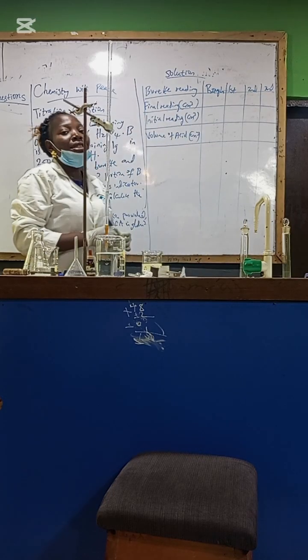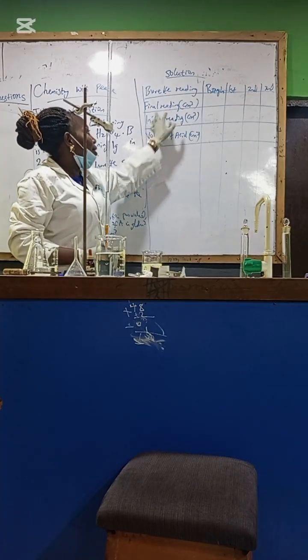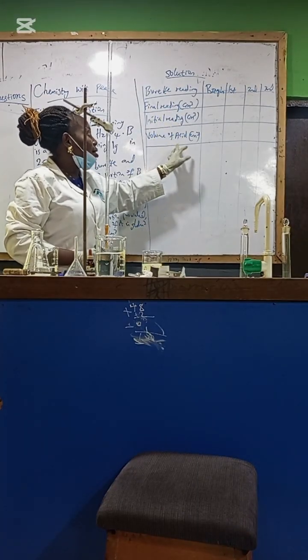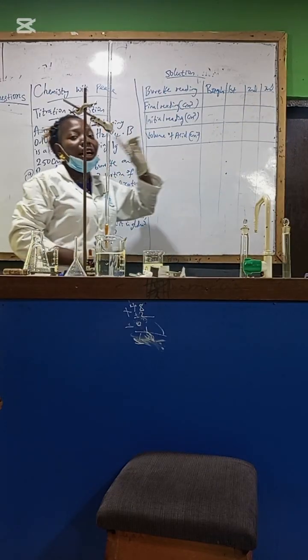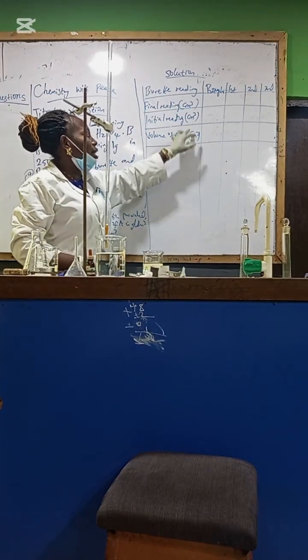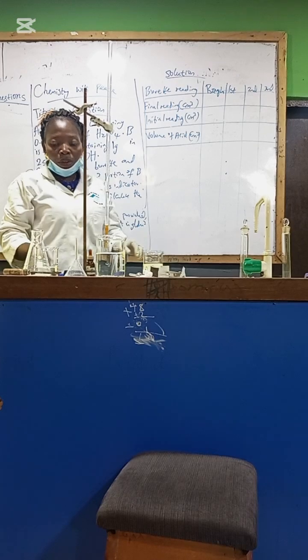So now, this is our table. Final reading, initial reading, volume of acid. We have our rough, first titer, second titer, and third titer. Don't forget the unit, it must be in cubic centimeter. So to start,